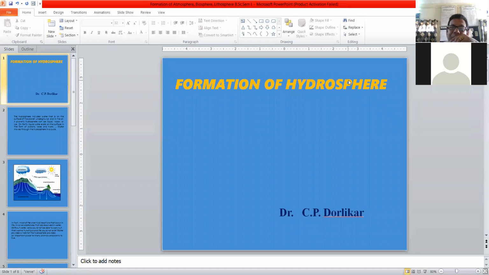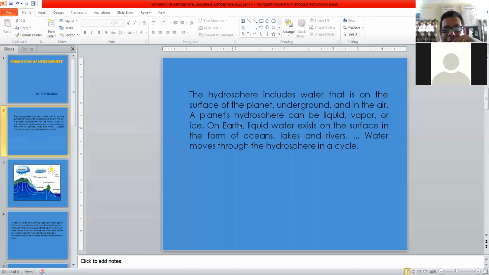How are they formed? What is the scope of these zones, the hydrosphere? Some questions regarding the hydrosphere. So what is meant by hydrosphere? The hydrosphere includes all the water bodies which occur on the surface, which occur below the surface, which occur in